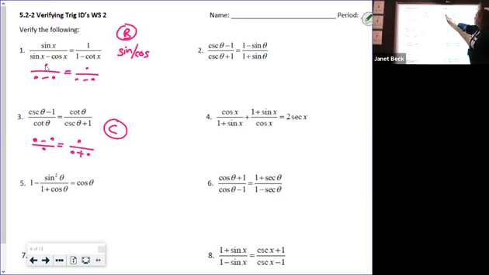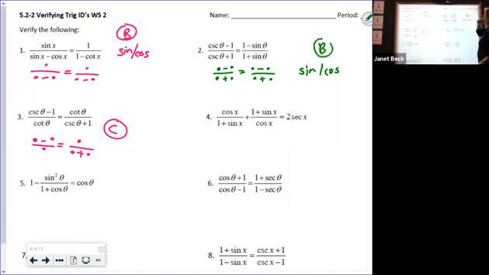Can you see you've got something minus something over something plus something, and on the other side you've got something minus something over something plus something. The patterns are the same. All you're going to have to do on this one is use the sine cosine technique. Technique B. What you're probably going to do is replace those cosecants using their reciprocal identity